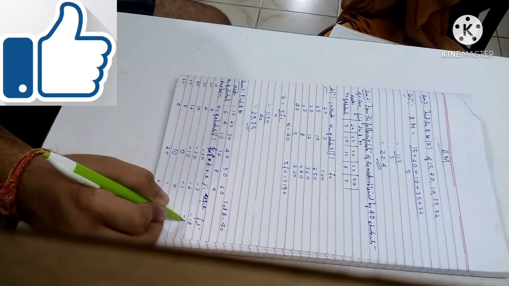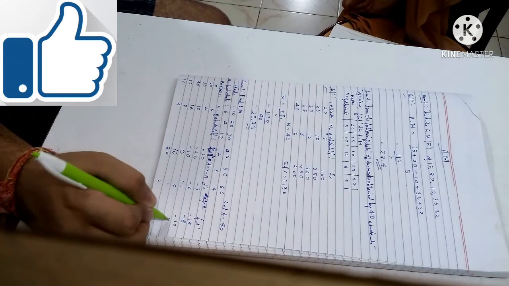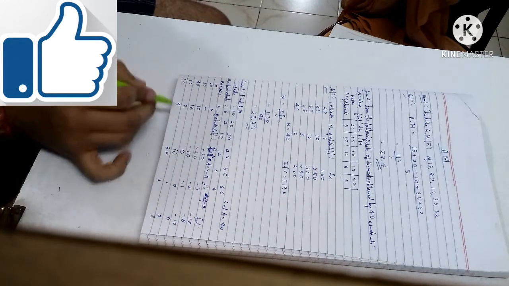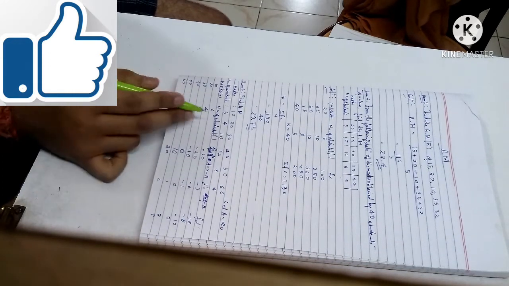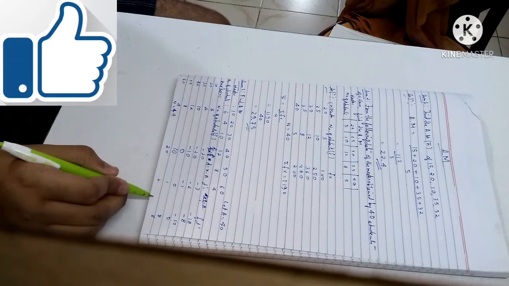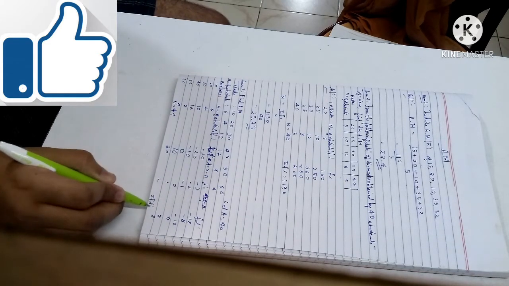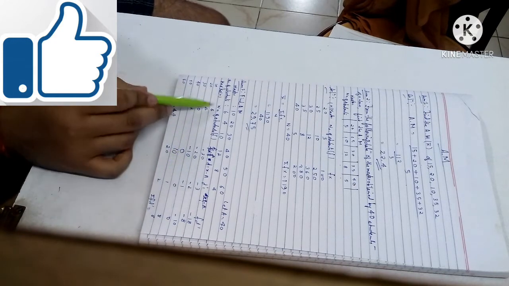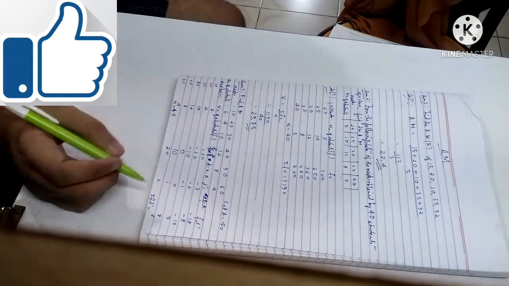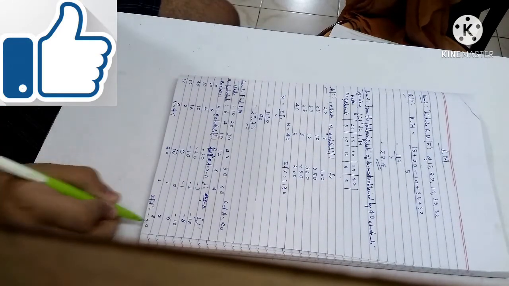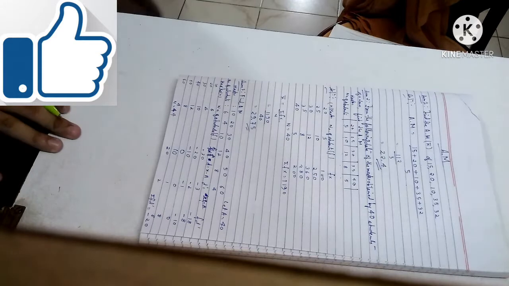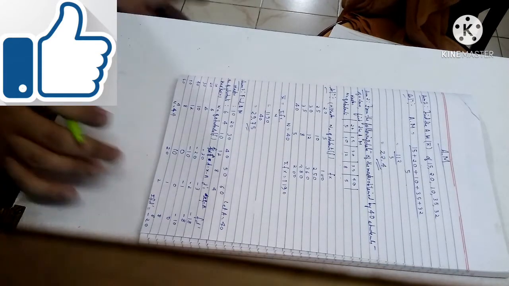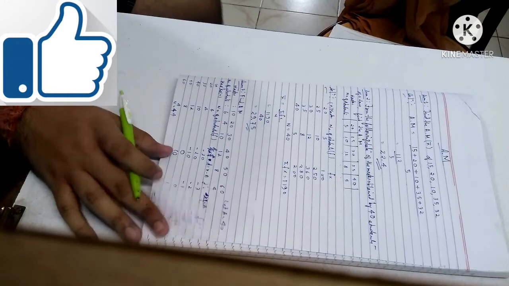Minus 18, minus 8, minus 10, 0, 8, 8. Now here you see n equals 44. Sum it up. N means sum. And summation of f d prime, that means f into d prime. 6 into minus 3 is minus 18. That is the technique. Here you will get the summation as minus 20. Don't worry, you can get the summation in terms of minus, that is not a big deal. When we move on to the final part, you will understand.